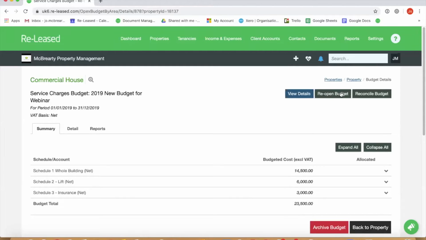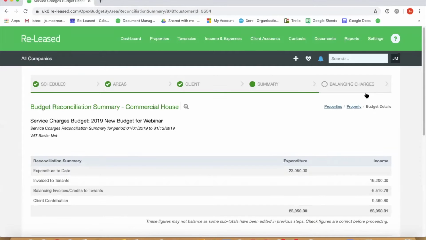Okay, so after you've closed your budget, you press the reconcile budget button. So we have a little wizard for the reconciliation process to take you nicely through all of the steps that need to be done. So if we press reconcile, here at the top you'll see,